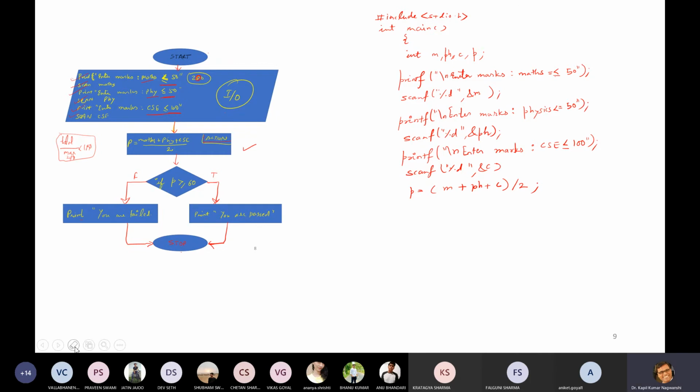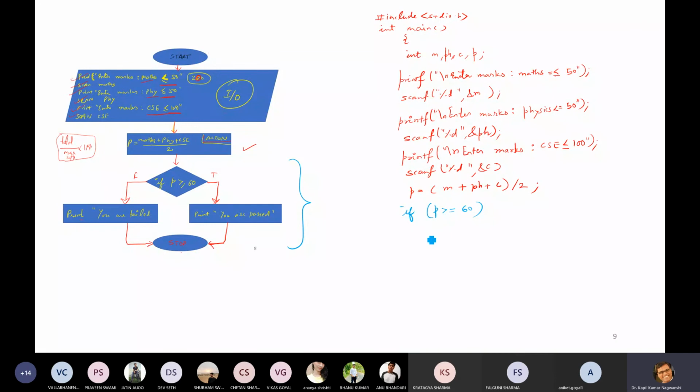Now come to if. This if statement, these blocks we are going to perform. If P is greater than or equal to 60, then the immediate next statement will be true.